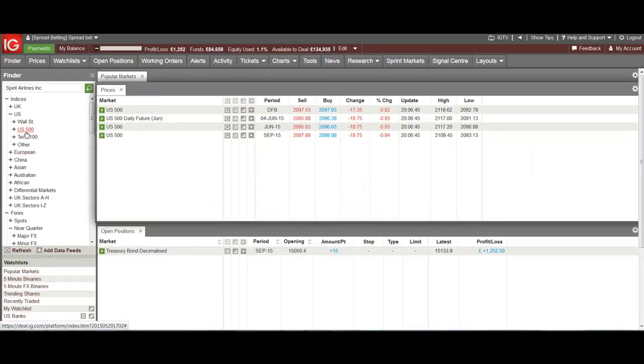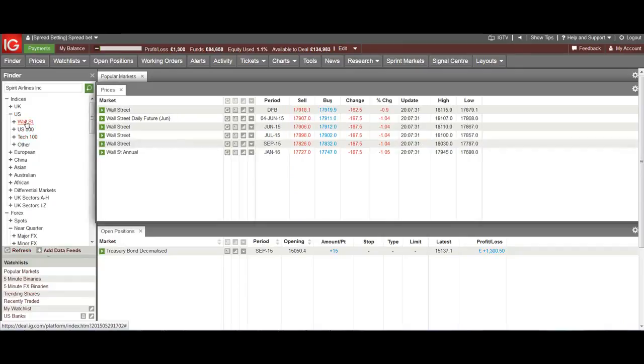And as I say, if there's something in here that you find you want to trade and you can't find it, the majority of stuff you're going to find, all the big shares, all the big indices are in here. The only little thing you've got to be careful of is, because I've just clicked on Tech 100, there's a copyright issue between certain markets. Say, for instance, the Tech 100 is the Nasdaq 100, the US 500 is the S&P 500, and Wall Street is the Dow Jones. They're exactly the same prices, they're exactly the same indices, but they can't call this Dow Jones,